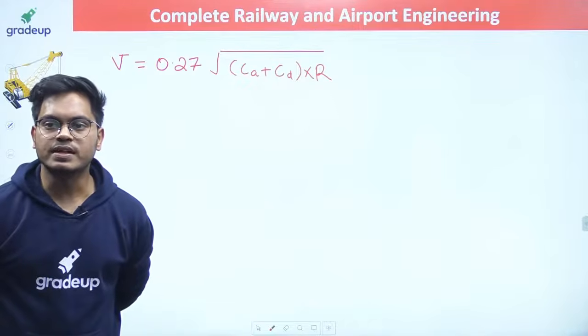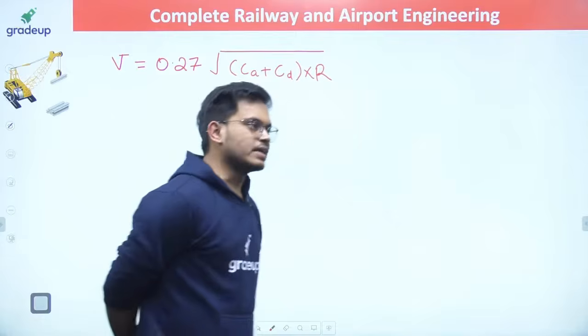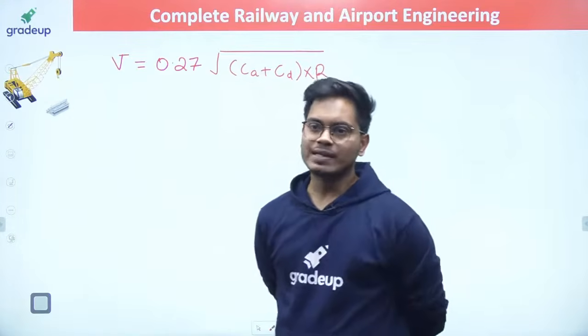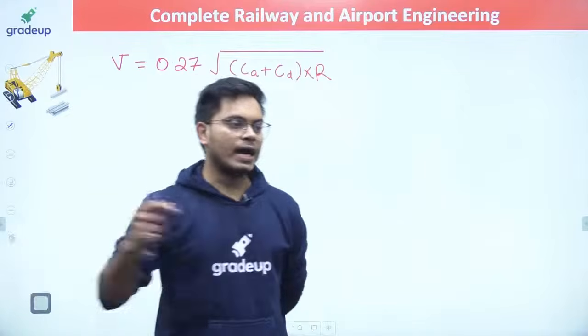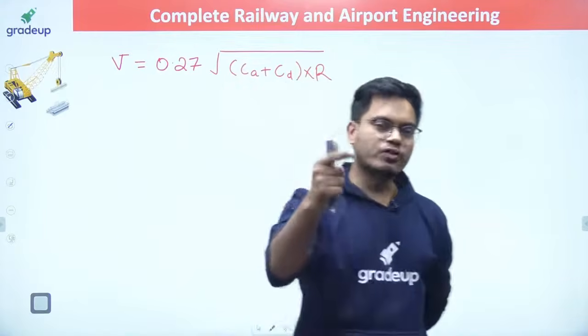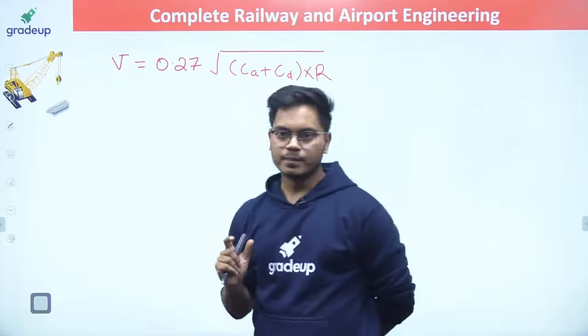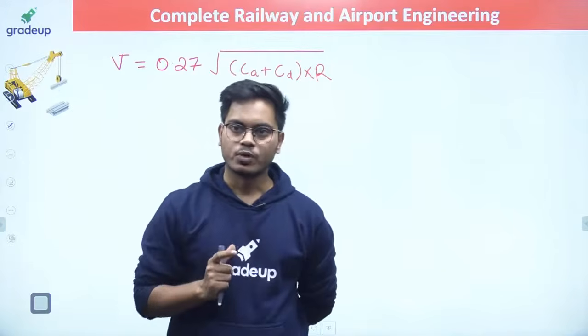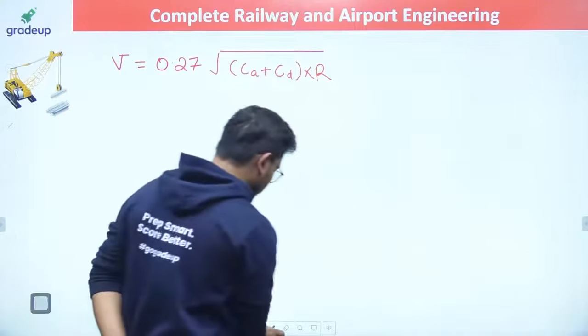So please repeat cant excess and cant deficiency. Okay, cant excess is the cant. The actual cant, whatever cant you have provided, that is actual cant, right? And the cant that you are finding for the minimum speed. Just subtract those and you will get the cant excess. Okay, let me put down the limits here.